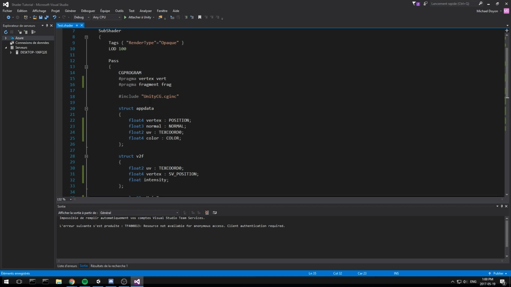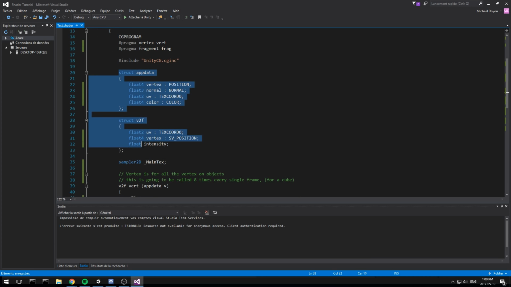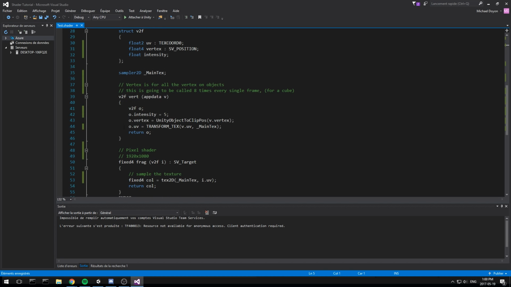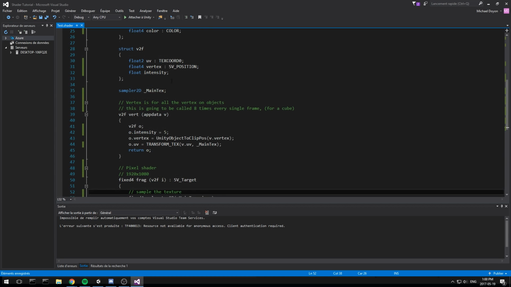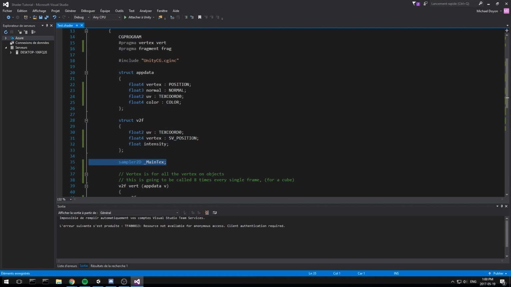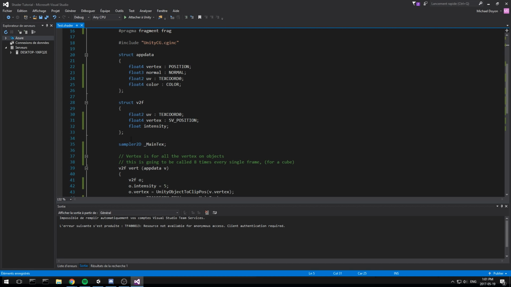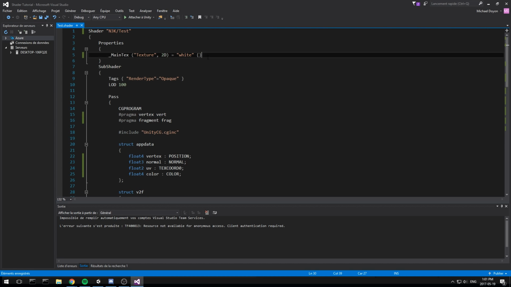But what usually happens when you're done declaring your structure is that you need to replicate what's inside of your properties. Whatever you're going to be using in your pass, like right here, you have to replicate it down here. You have to declare it inside of your pass as well. Now this 2D texture is actually a sampler2D. If we had a color such as, say,